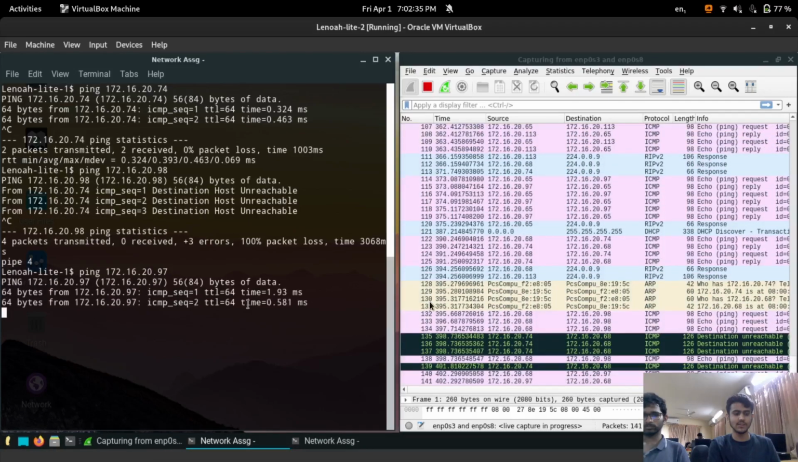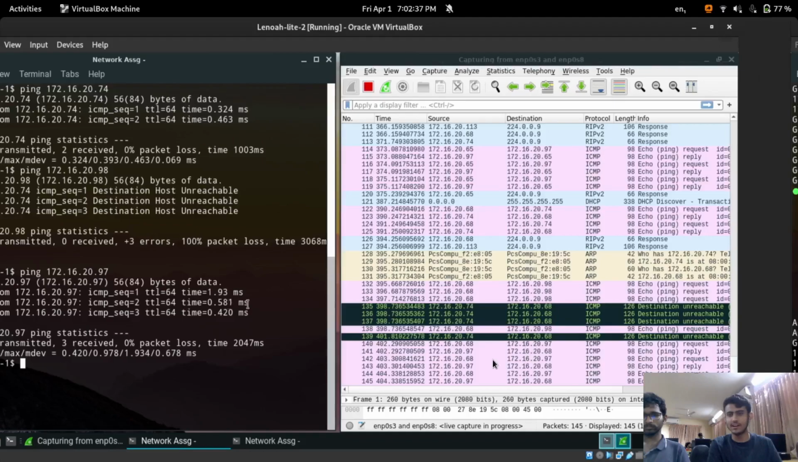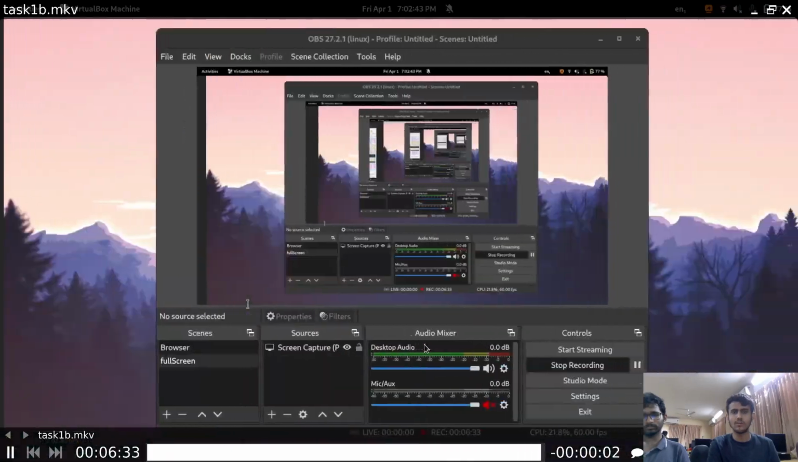Now we'll check with the lower interface of machine 3, the lower interface .97. As you see, the source is .67, .68, and .97 is the destination, which is machine 3's lower interface IP address. Now we'll check. We'll go to the